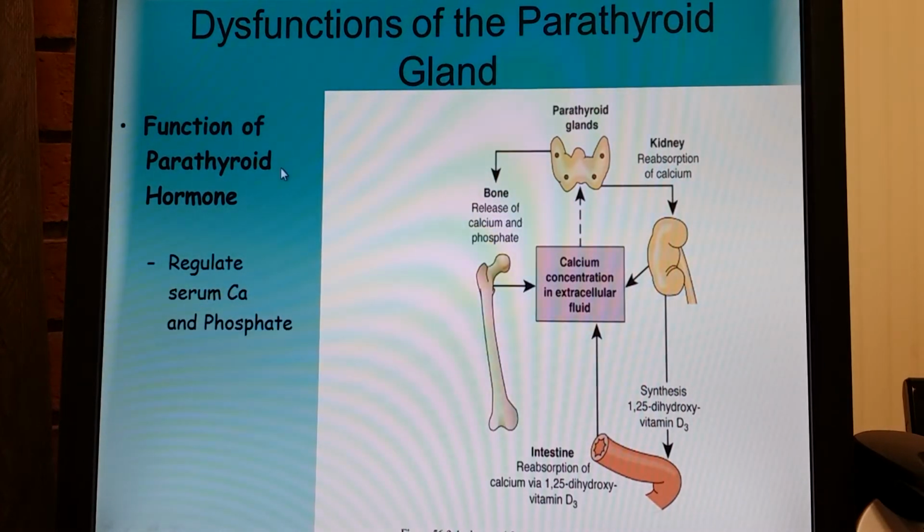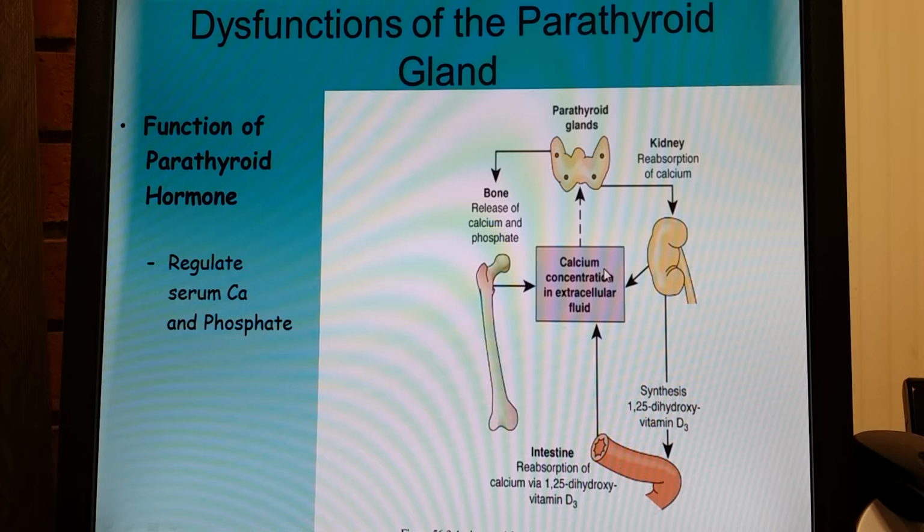The function of parathyroid hormone is to regulate primarily calcium, but also phosphorus levels. Parathyroid hormone released from these glands acts on the bone to cause release of calcium and phosphorus. It stimulates resorption and inhibits bone formation and causes calcium and phosphorus to be released in the blood. In the kidneys, you end up with increased calcium reabsorption, so calcium is pulled back into the bloodstream and phosphorus